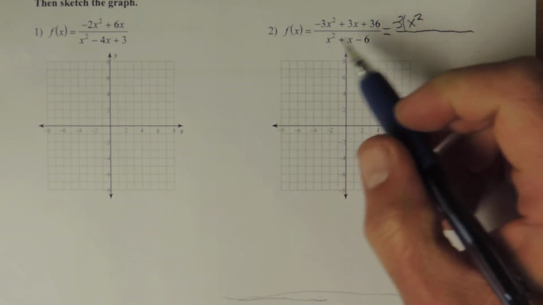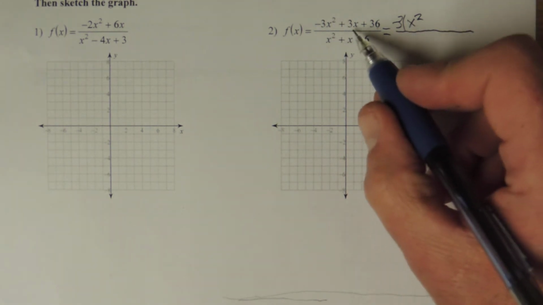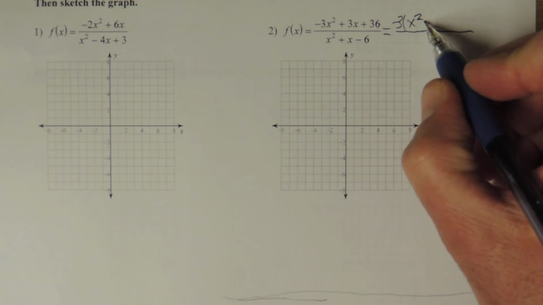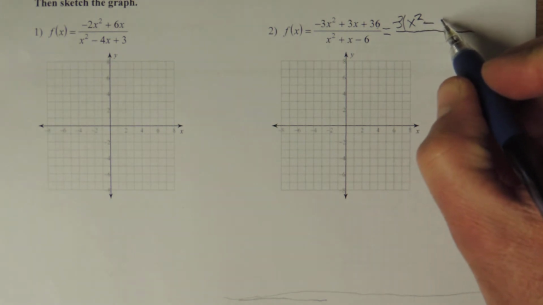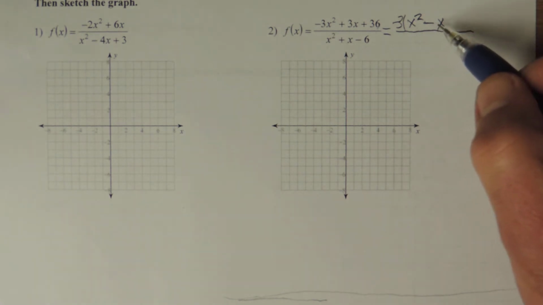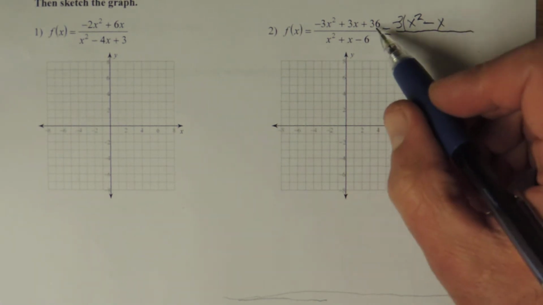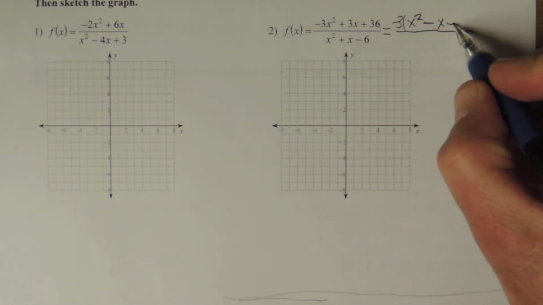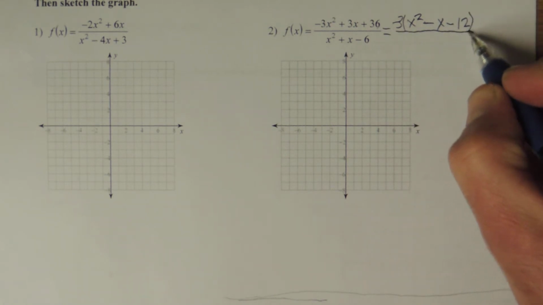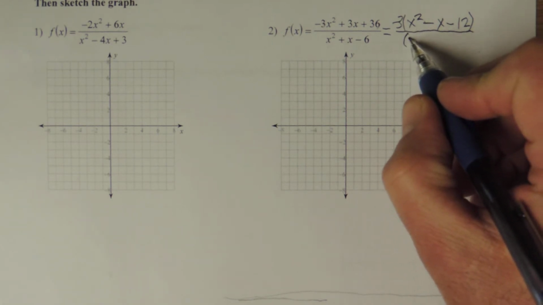And that leaves me x squared. Negative 3x squared divided by negative 3 is x squared. 3x divided by negative 3 is going to be negative x, because positive 3 divided by negative 3 equals negative 1. Negative 1x is negative x. 36 divided by negative 3 is going to give me negative 12. And in the denominator, I'll go ahead and factor the denominator